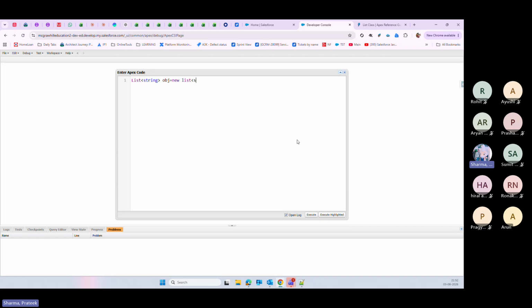This is the syntax of creating an object of list class, like we have for other classes. The only difference is you have to provide the data type of the value that you want to store in this list collection. So now obj is the object of list class,